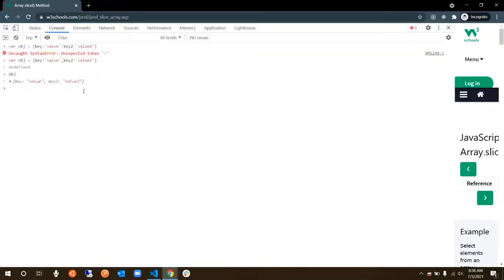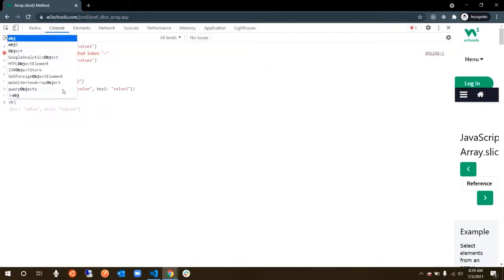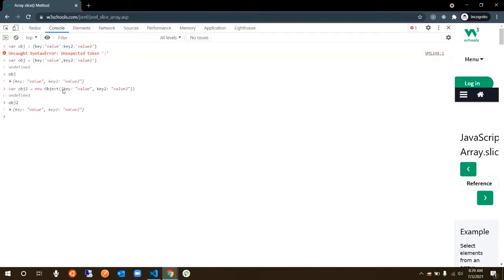That's the first thing. Or you can do it this way: say object2 is equal to new object, and then inside that you can define the same things. Both are absolutely fine. Either you can do new object or you can simply start creating an object. Both are okay. The moment you add a new property, a new memory location gets allocated for this particular object that you create. The same thing happens with this as well. Both are the same.